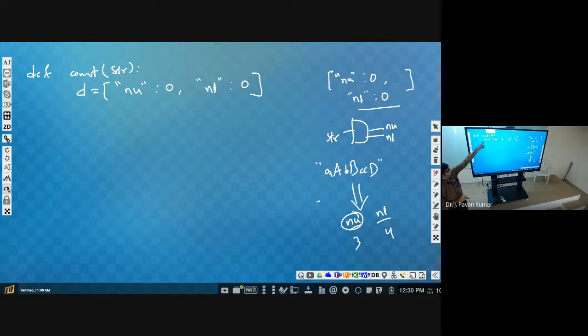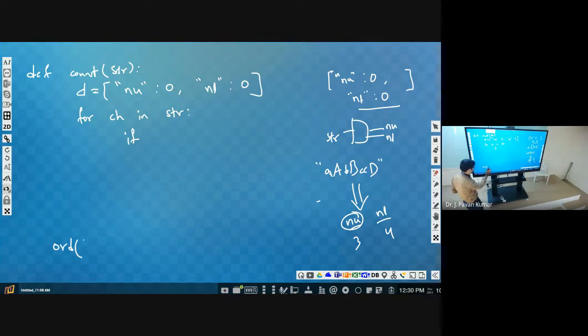Afterwards, we have to consider the string character by character. So how can we do that? For C in str, one character by character we will be checking. If we have to compare with the ASCII code, how can we get the ASCII value? ORD is the function.